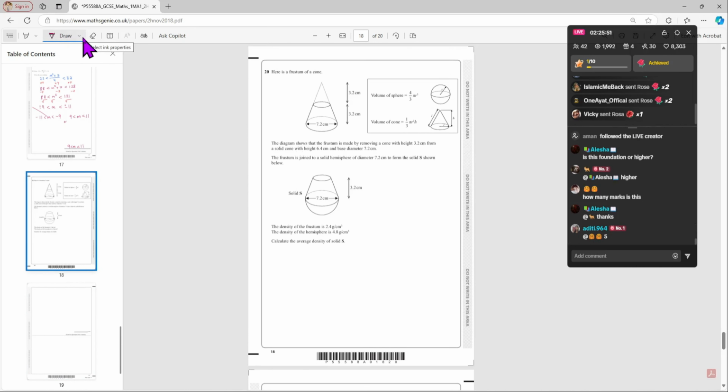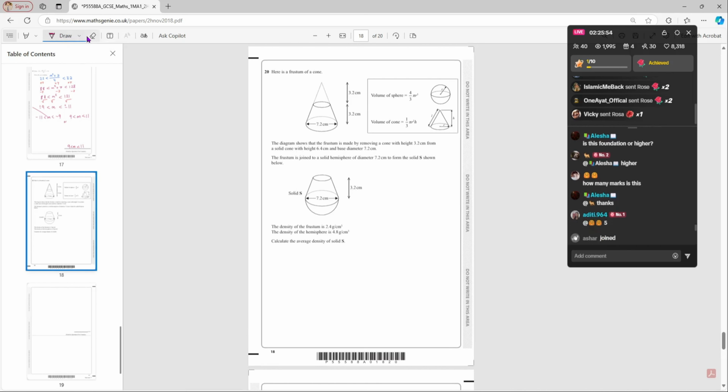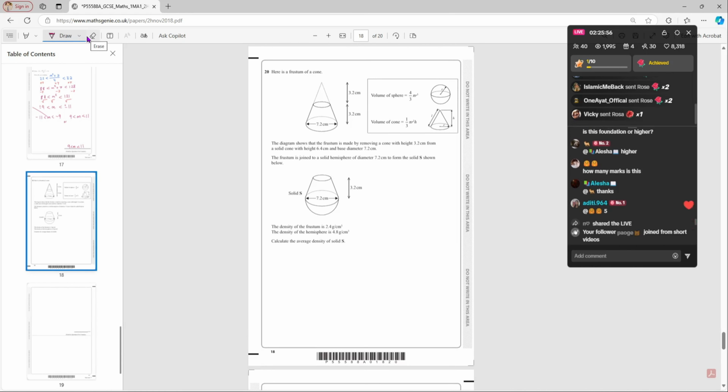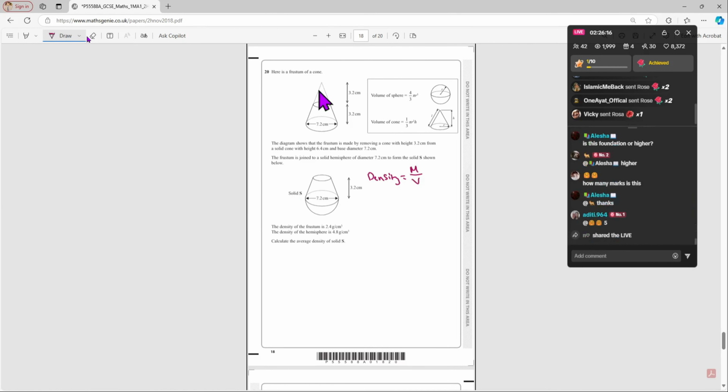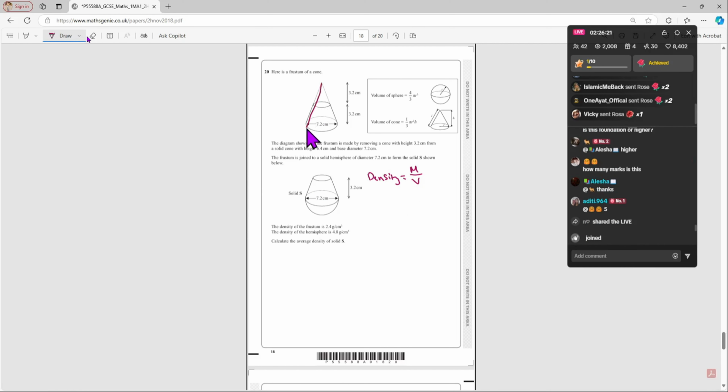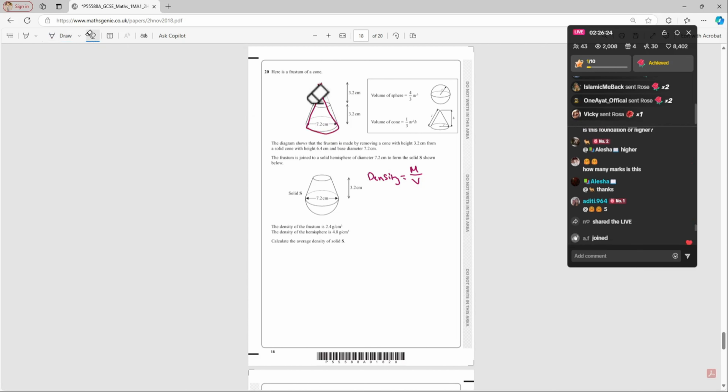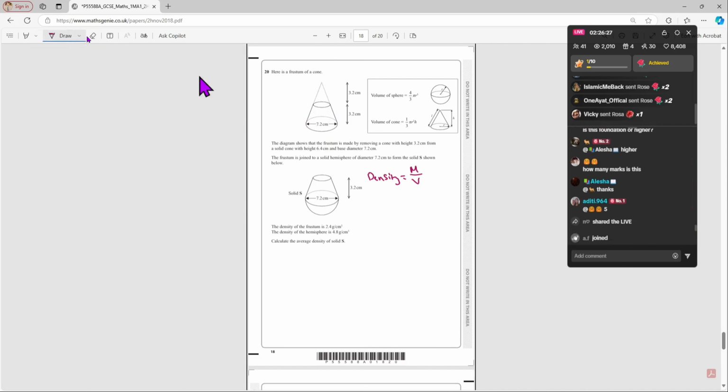So the first thing we have to do, we need to know the formula for our density. First of all, we know that density is equal to mass divided by the volume. You guys should know that. That is your multiplicative reasoning. So density is equal to mass divided by the volume. We need to first of all work out the volume of our big cone. So the big cone, I mean this cone over here, that including the removed part. So the volume of the big cone